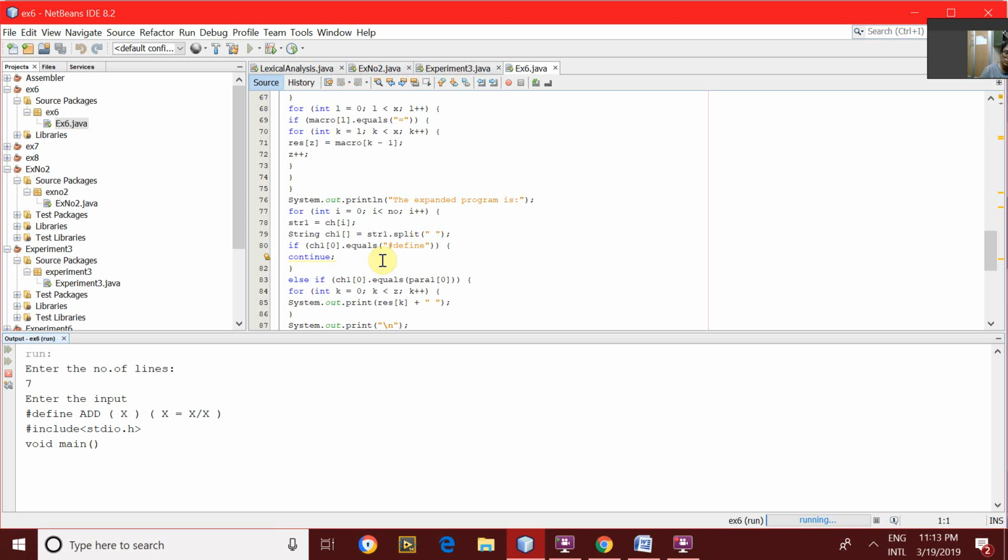Void main, then int space a equal 10 space after this again,